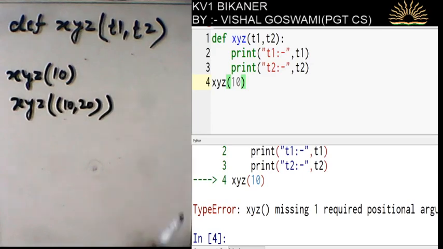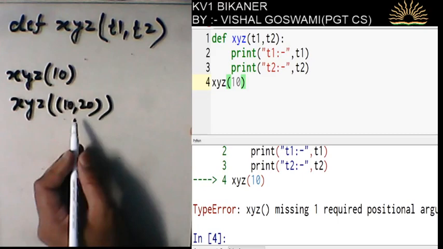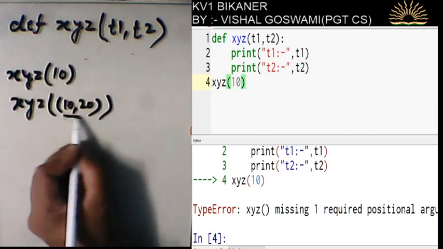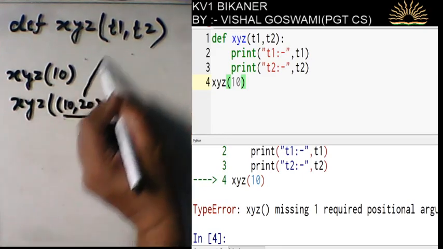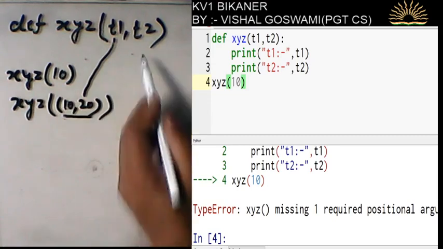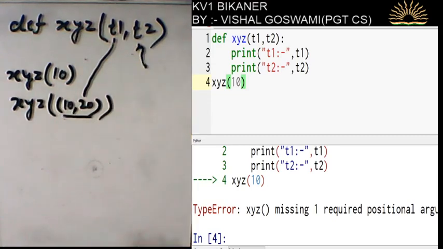Will this execute or will it also raise an error? Now I am passing one tuple. This tuple will go to t1, but it will still expect the value of t2. That's why it will not be executed.